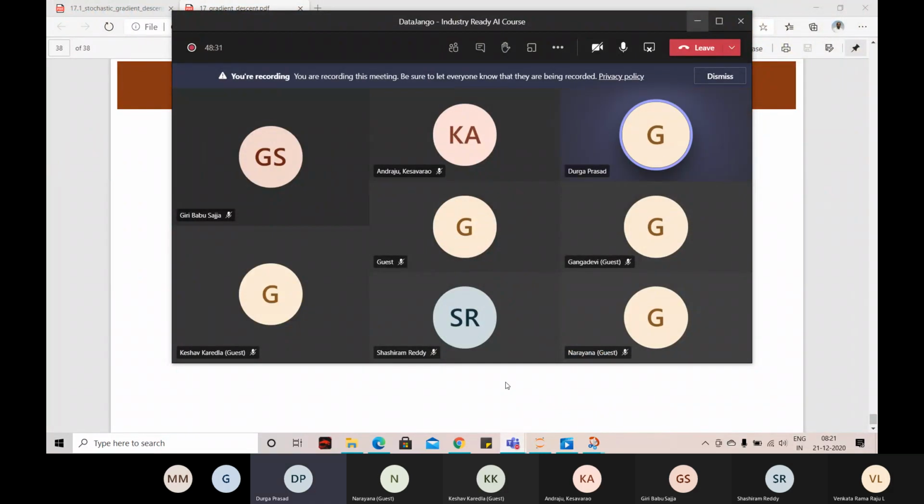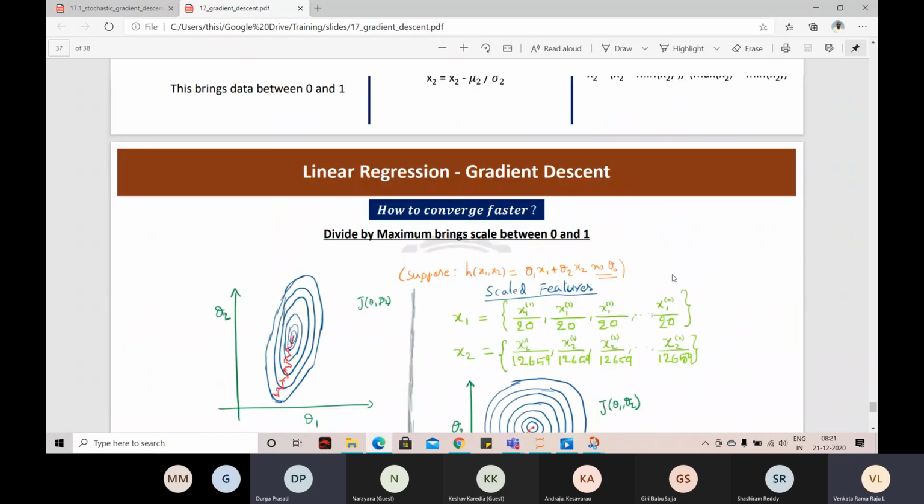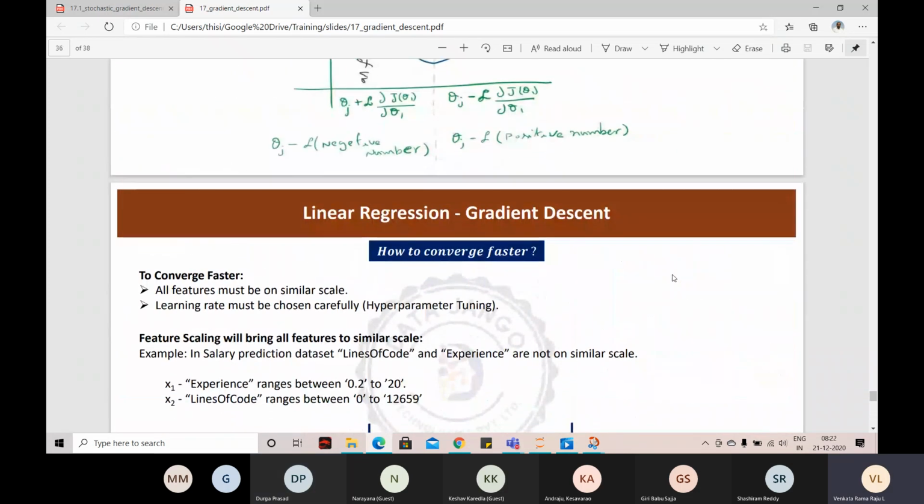Sir, one question, sir. In the gradient descent algorithm, how did you calculate the step size? Theta we took random, and what about the step size? Step size is random. We choose that and then play with it. I'll show you. Step size we randomly choose, a number maybe 0.01 or 0.001, and then play with the algorithm. See whether it is converging or diverging. How will you know whether it is converging or diverging?